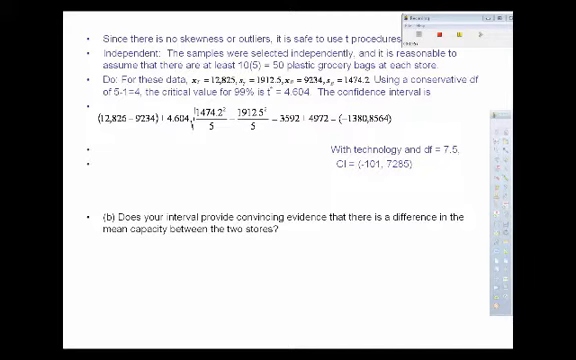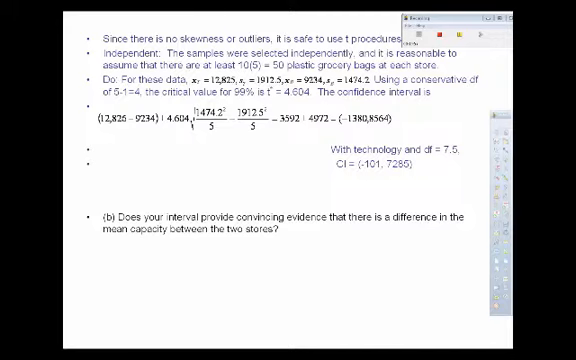1,912.5. And the sample mean for Basham's is 9,234, and the sample standard deviation is 1,474.2. Using conservative degrees of freedom of 5 minus 1 equals 4, the critical value for 99% is t star equal